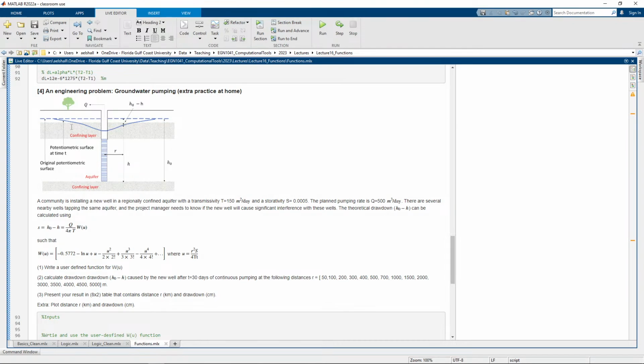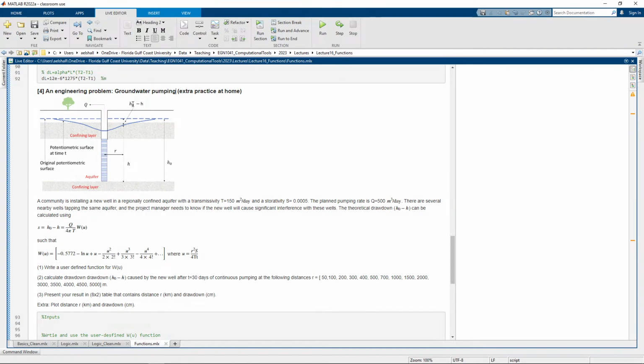When I start pumping, you see this cone of depression. My potentiometric surface here will start to have this conical shape. The difference between my original potentiometric surface, H node, and the one after pumping, H, is called the drawdown, the drop in the potentiometric